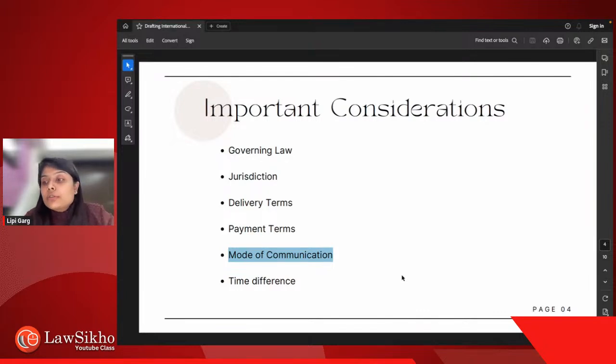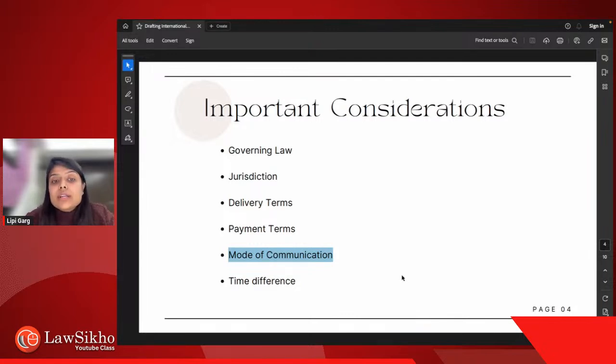Now, this becomes a point of concern. Let's say you are a service provider who drafts contracts. Now, you work for a US firm, they get contracts outsourced. Now, let's say they told you that सुबह 11 बजे तक you have to do this. Now, किसके 11 बजे? Your 11 a.m. or their 11 a.m. So time difference will matter. So you have to also write in your contract which country's time you are going to follow throughout the course of engagement, right?